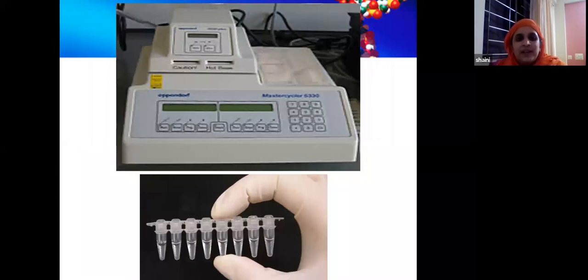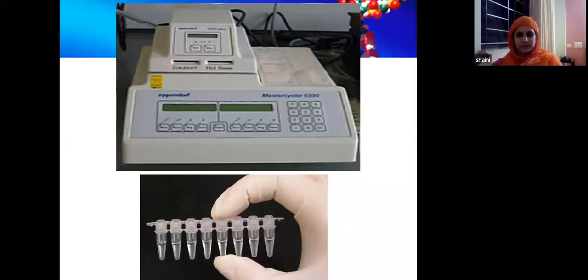Now this is a PCR machine, and these are the vials. Another advantage of PCR is you can run multiple tests in one cycle. This is an advantage, but you can also say it is a disadvantage, because usually labs will wait for a minimum number of samples to come before they run a test. Although PCR takes only about 4 to 6 hours for one test, labs generally wait longer to get more samples and run them all together in one cycle. PCR is a bit expensive.